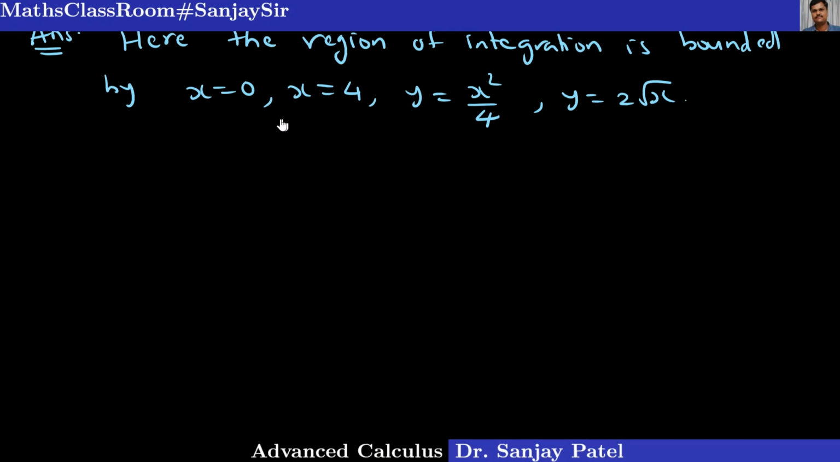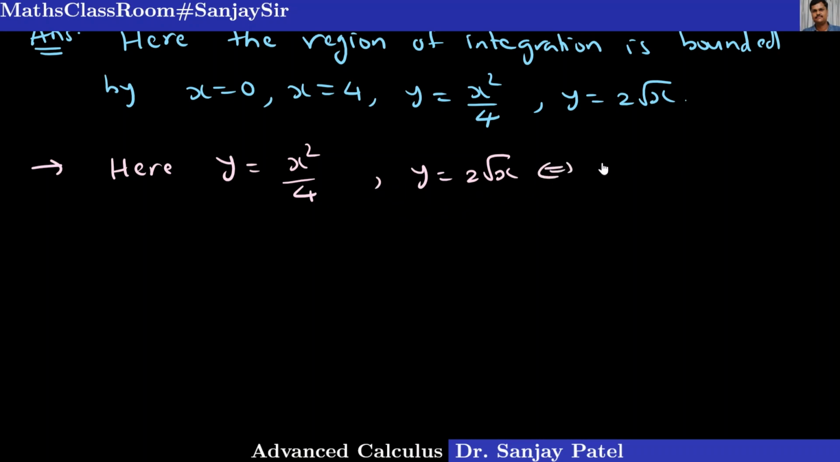These are the two lines. And when two curves are given, it is better to first find the intersection of the two curves. Let me check about the intersection. Here, the two curves are y is equal to x square by 4 and y is equal to 2 root x. So what I can do here is, let me write this as y